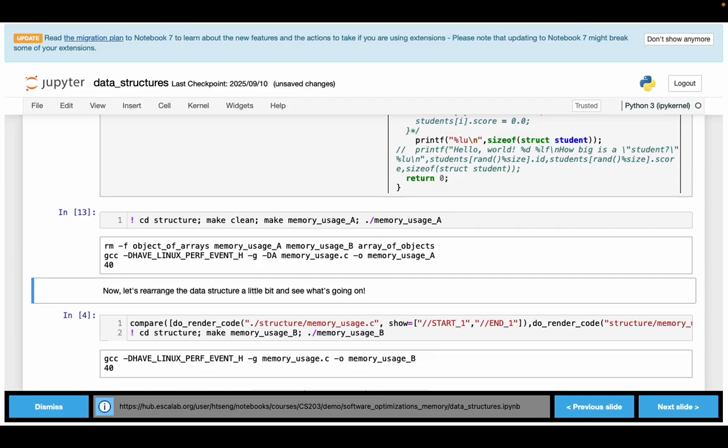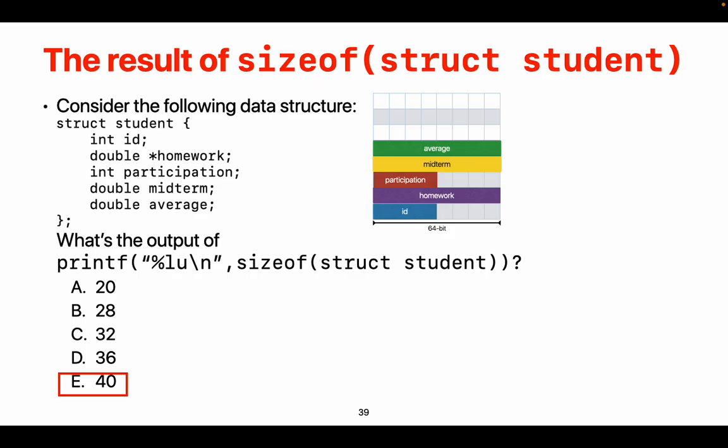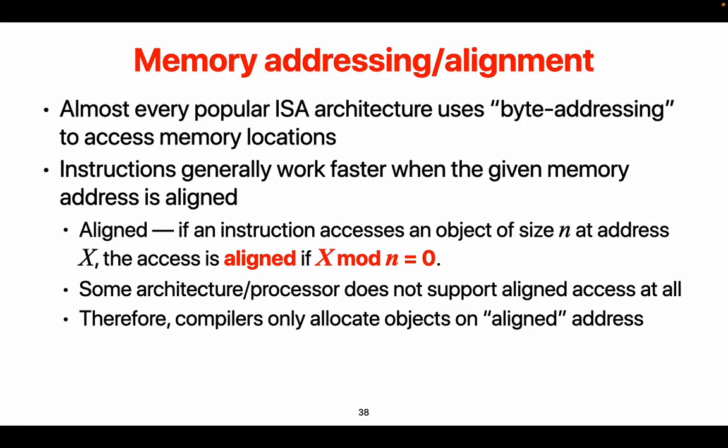Why is it 40? So here's the thing. A lot of us just think about what's the total number of bytes that's really needed, but forget about architecture. In computer architecture, every instruction first of all uses byte addressing to access the memory locations. However, there is a requirement